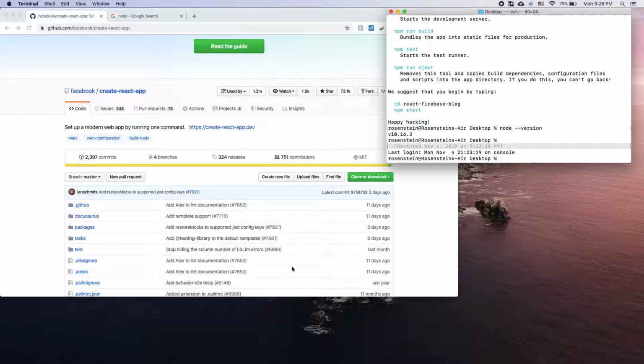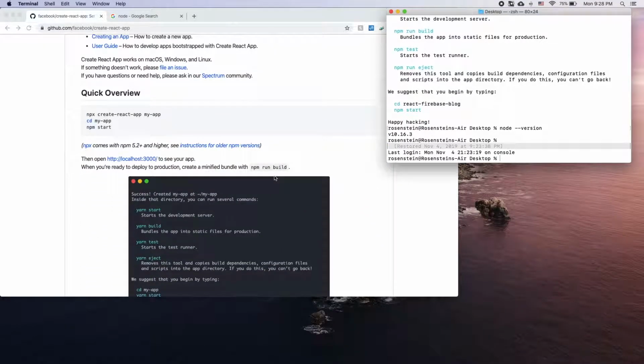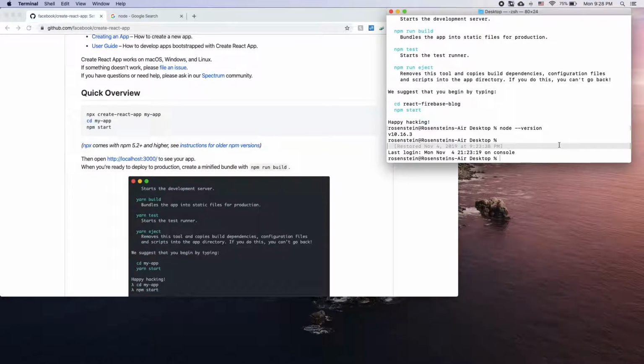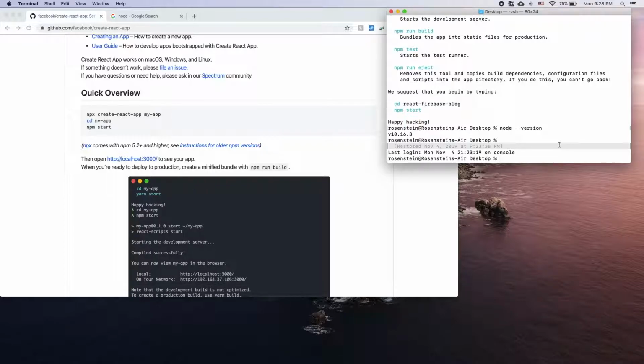First, we have to start by creating a React app using Create React App. You can do that by going to the GitHub page if you Google Create React App and doing npx create-react-app and then the React app name. So I'm going to create this on my desktop. As you can see in my terminal over here, I'll type in npx create-react-app, and I'm going to call it React Firebase